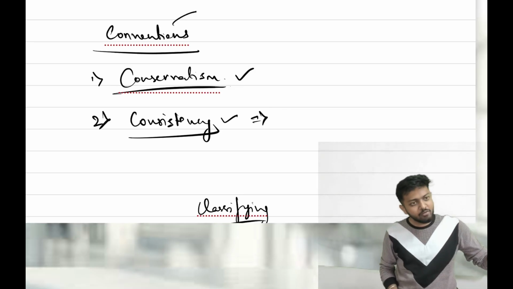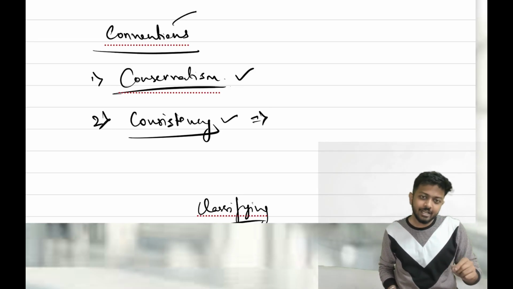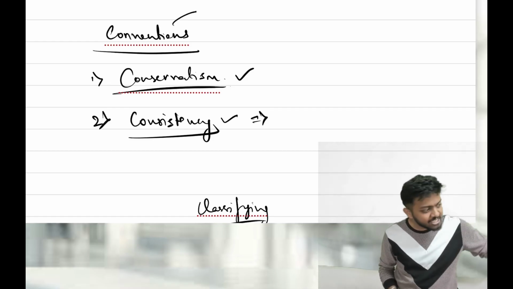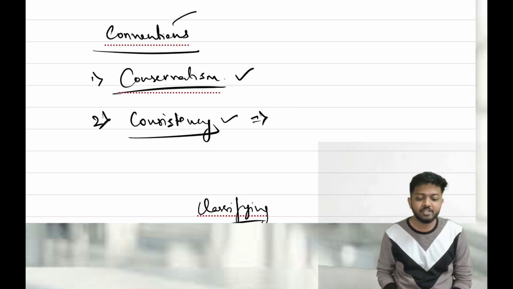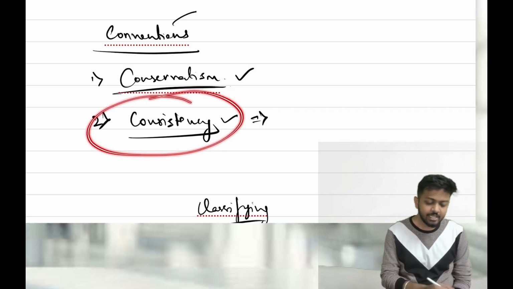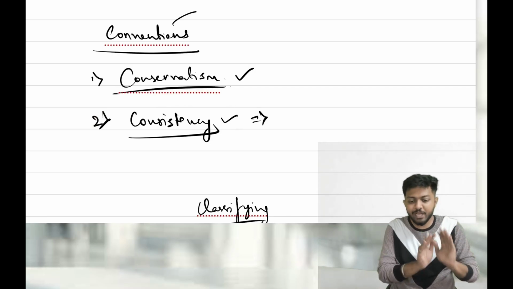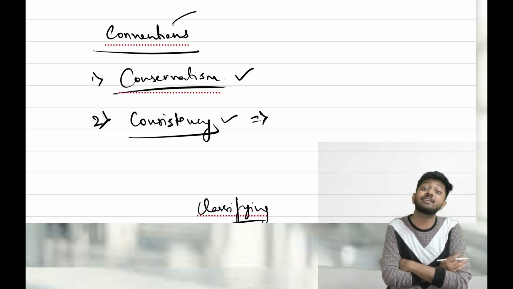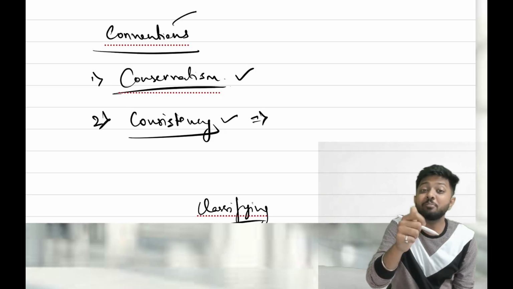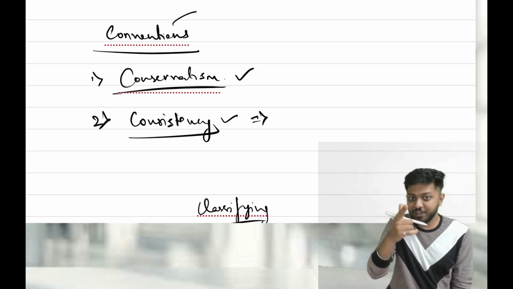Now if one year you have used one method for inventory valuation and another year another method, do you think the financials of previous years will be comparable? No. Why? Because they are not using the same accounting policy. So what they are telling in consistency is, try to apply the same accounting policies every year. Try to be consistent with respect to accounting policy every year. Okay, like you are consistent with whom? Like your everyday call, consistent, no?